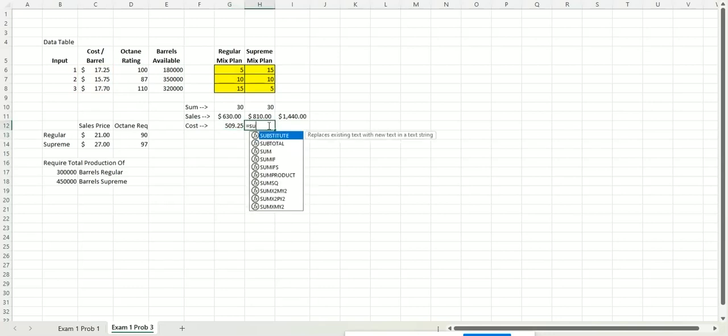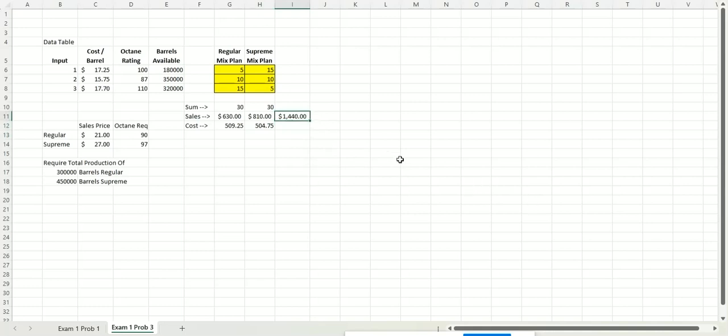Now doing that again for the supreme, I can highlight this array, comma, this array, and I get my total cost for my supreme. Now you can see where my brain's going. If I then add my two costs together, subtract my cost from my sales, I get my profit cell right here. Okay, I'm going to highlight that one as well. That is what we're going to try to maximize in Solver in just a minute. Okay,